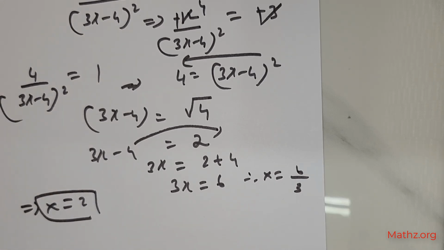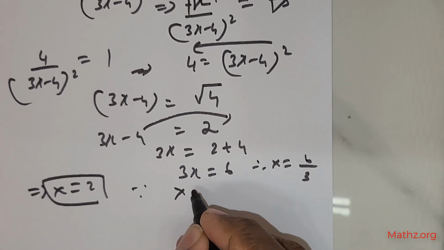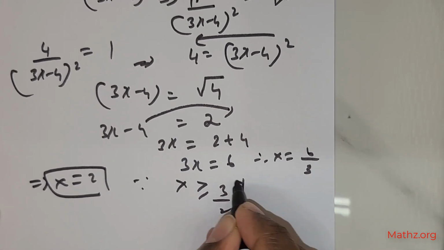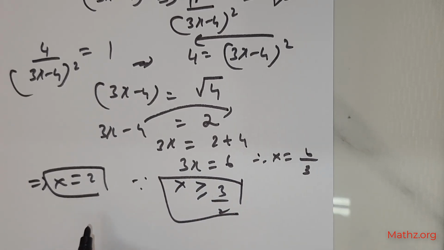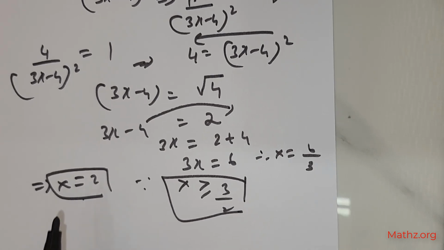Okay, I am not taking the other value. Why? Because clearly it is given that x is greater than or equal to 3 over 2. So that means it's okay that we settle with x is equal to 2. Okay. Now the all important question comes is